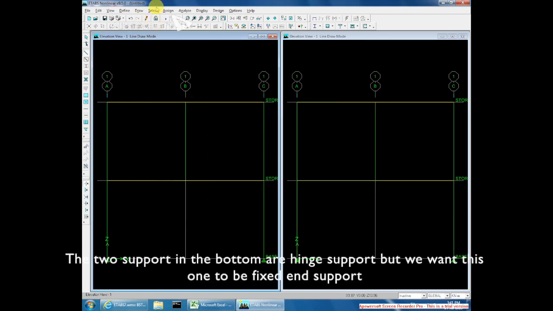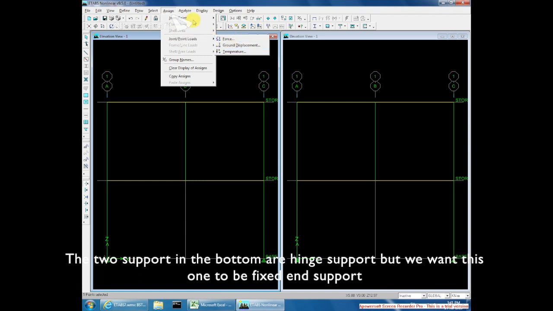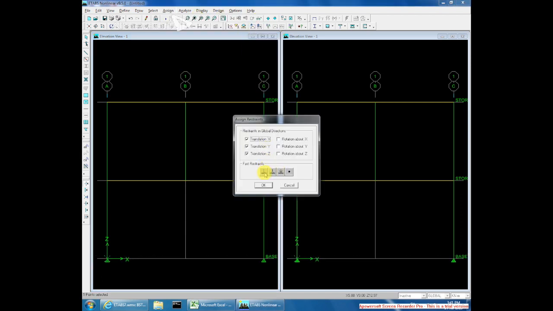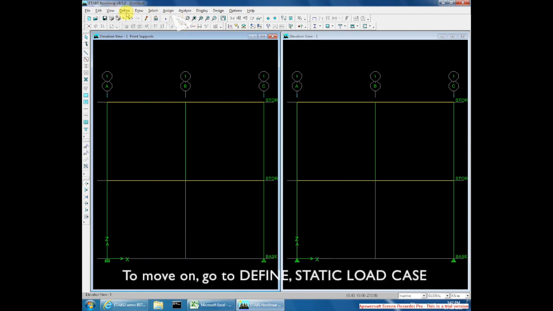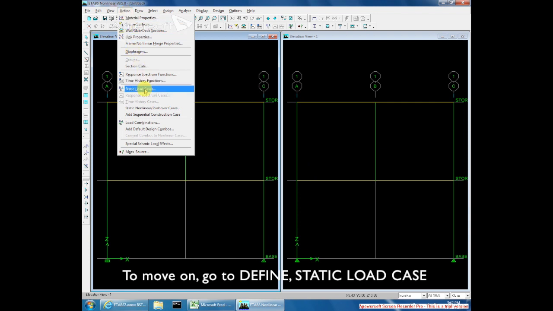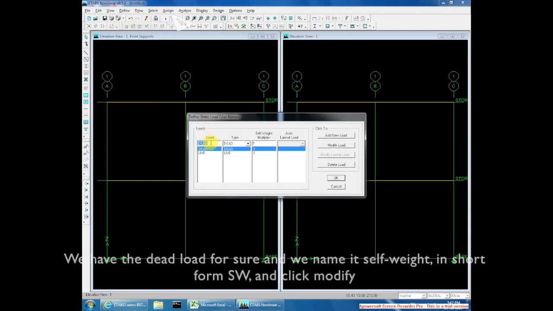The 2 supports in the bottom part are hinge supports, but we want the left hand side one to be a fixed support. And now the one on the right hand side is hinge support and the one on the left hand side is fixed end. And to move on, go to define and static load case, and we have that load for sure,